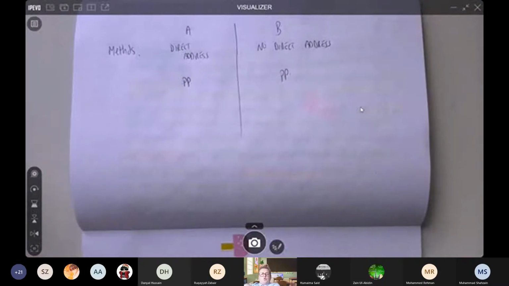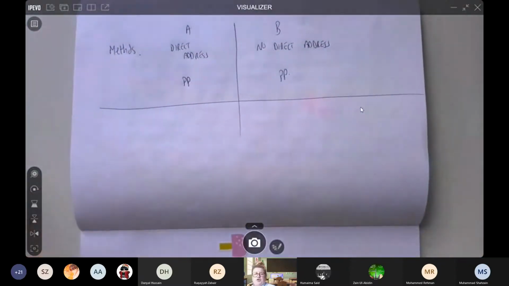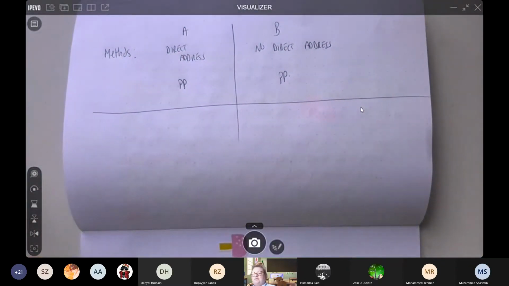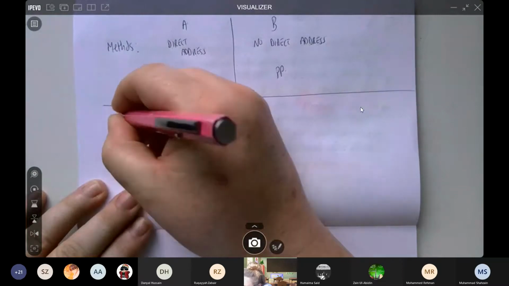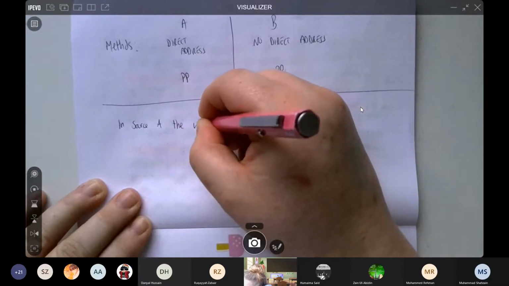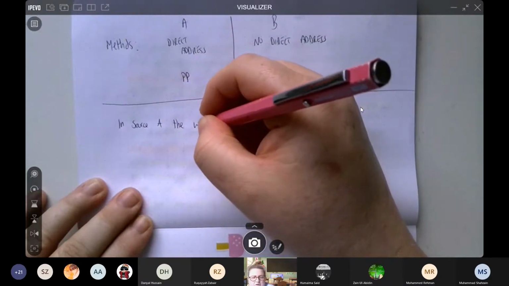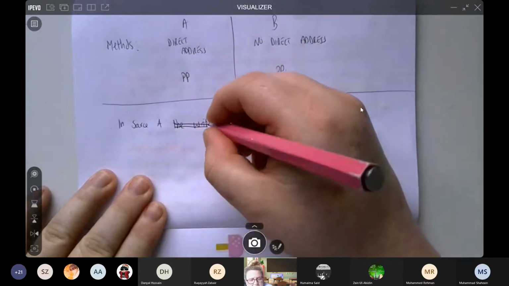Okay, but what you need to do, and you'll notice that in some ways this is quite similar to question 2, but you must talk about the language that's being used, okay? And that is really, really important. That is absolutely what you must be focusing on, the way that the writer is using methods. So you might start by saying, in source A, the writer, and actually, you know, it would be much better if we put down the writer's surname rather than the writer. So let's put in source A,